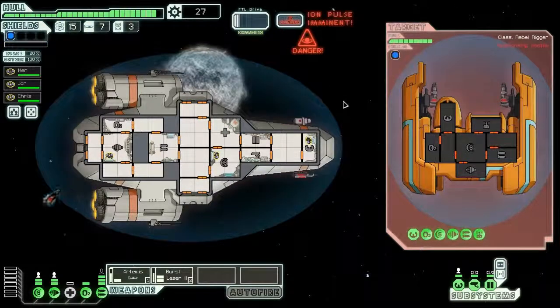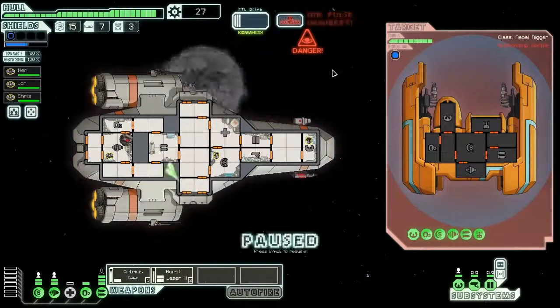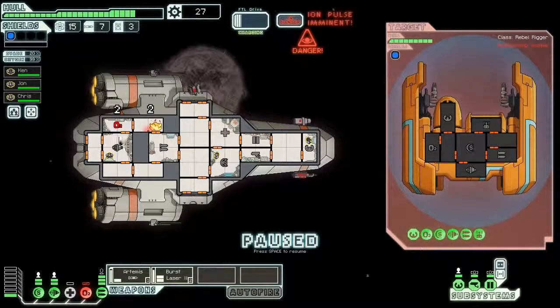Come on, get the shields up. Ion pulse? What the hell is that? That's a new thing they added, because I have no clue what that is. Oh gosh! This one looks like it's heading straight for weapons. Oh no, headed to my oxygen. Okay. John, fix the oxygen room. And then we'll vent these rooms, and...